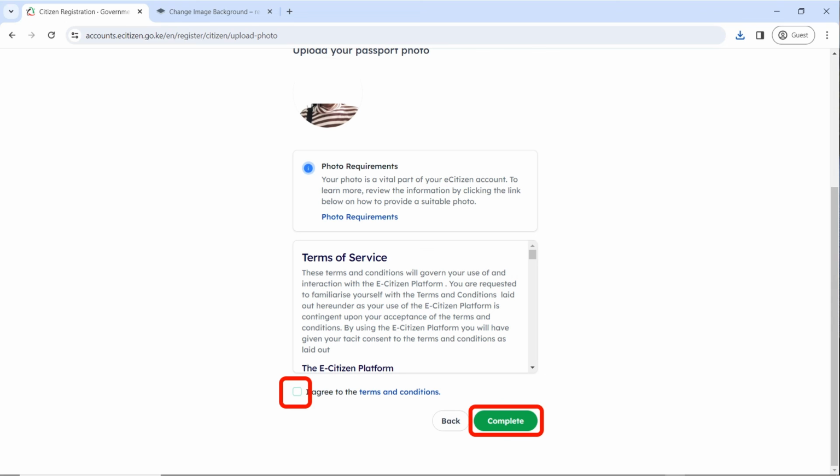There you go. Congratulations, you have successfully created an eCitizen account. So you can proceed to log in by clicking on sign in and enter your ID number and the